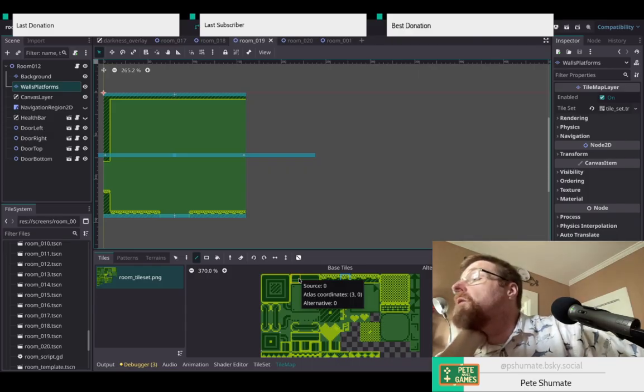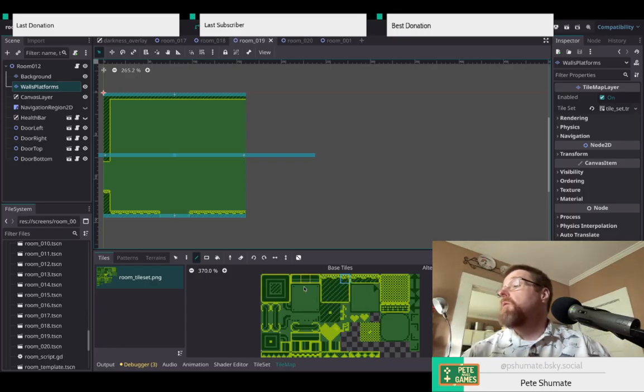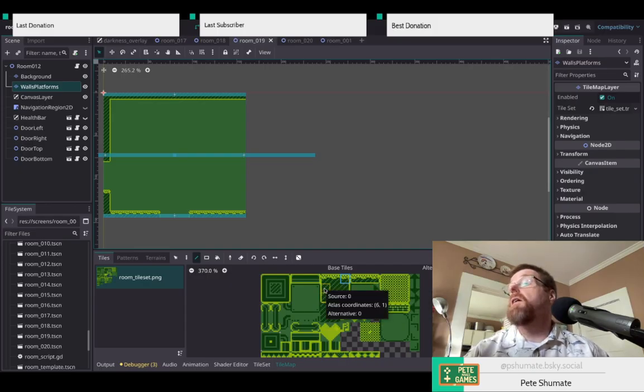And I don't know if that'll work because the top and the bottom are asymmetric on this set of platform tiles. So what I think I may do for right now, just for giggles, is that I will